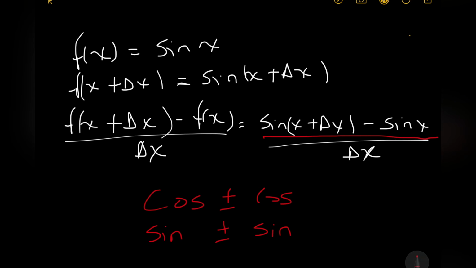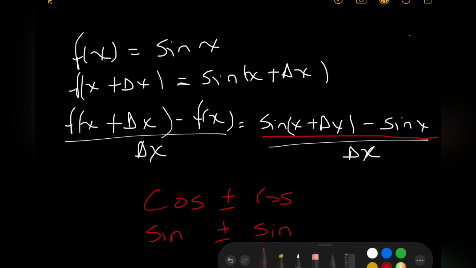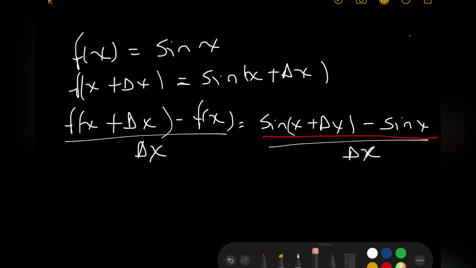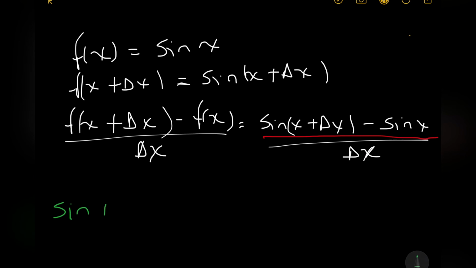I'm not really sure of the name, but this is what I call them. So we used this in the last example. What we're going to use in this example, however, is to expand what's in the sine. So if you did trigonometry, you would recall that sine of A plus B is equal to